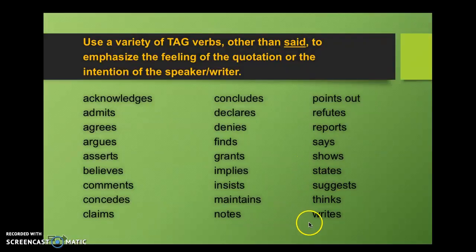When we talked about dialogue tags before, you'll notice that these are all the different varieties of ways to say said. And we talked about description last essay, and we're continuing to talk about it this essay. But if you notice, these are much more descriptive words than just using the word said. And so the more often and the different types of tags you use, the better the description will be in your paper.